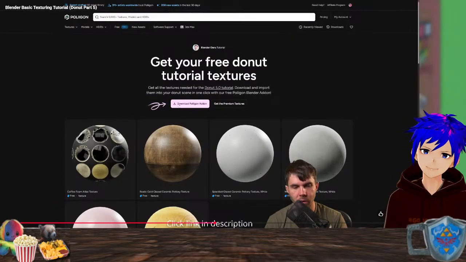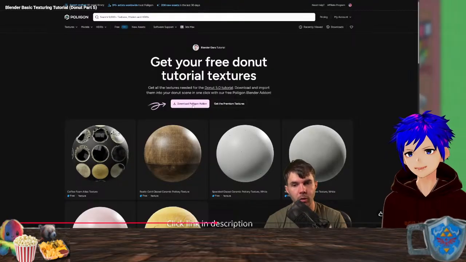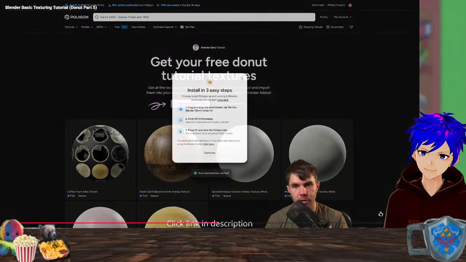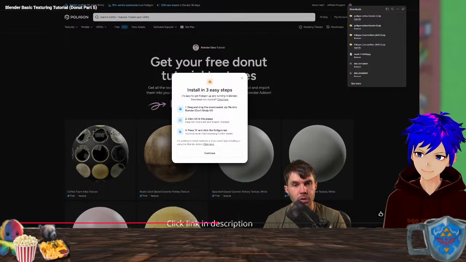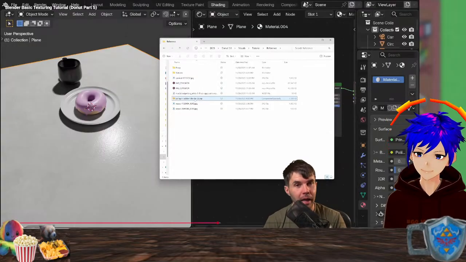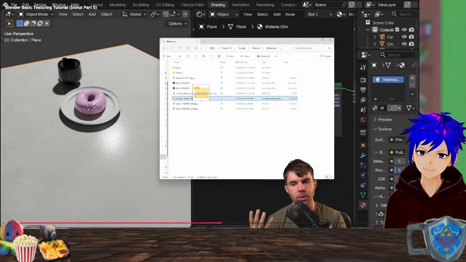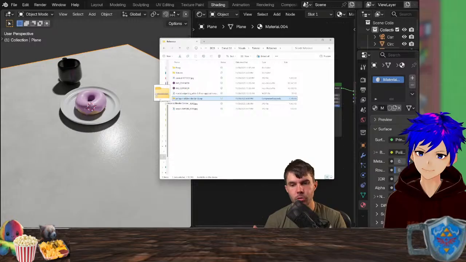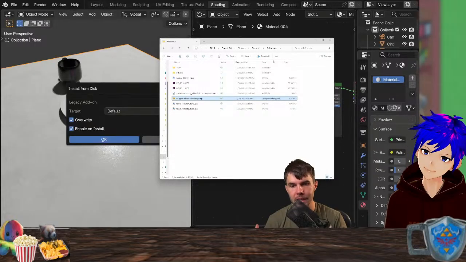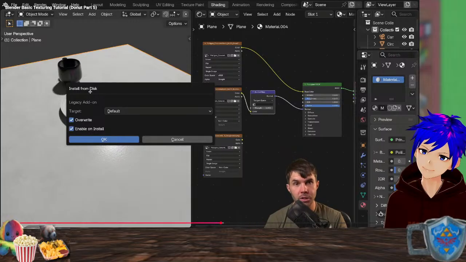So at the top of the page on polygon.com/donut, you can click this link that says download Polygon, or you can just go to /blender. This will show you how to install it. If you don't want to read that, I'll show you how to do it right now. Unlike before, when you have your zip file, do not unzip it. Blender actually needs this zip in order to properly install it. So what you do is you drag out and release the zip file from anywhere on the computer, and then it will say install this.